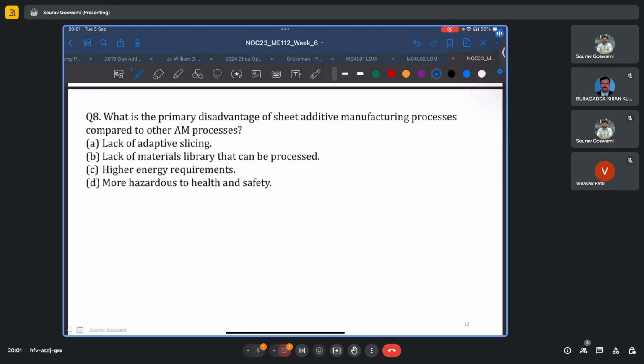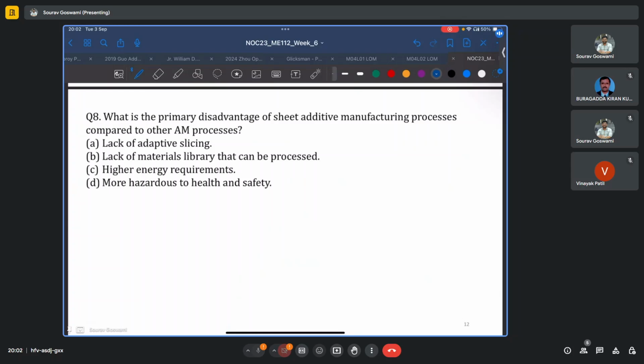The lack of adaptive slicing is something that we have reiterated time and again while discussing all of the sheet-based AM processes, and we saw how because of the fixed thickness of the feedstock, we cannot really have adaptive slicing. So whether the contour to be sliced or the build part or the part of the actual 3D CAD model is geometrically complex or relatively simple, like a rectilinear part, you will have to stick with a sheet of the same dimension. So if we have a sheet of lower thickness in order to achieve better geometric control, we will have to have longer build times because now we'll require a larger number of sheets or layers